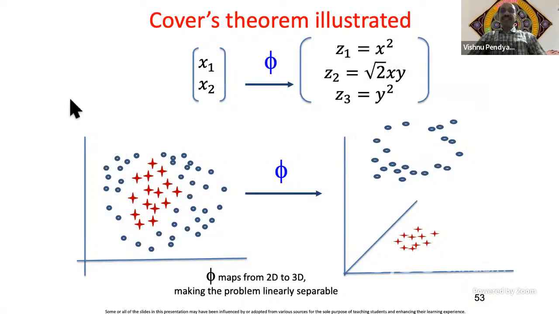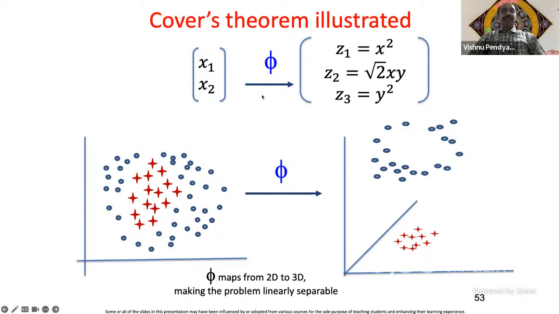Okay, a little bit of illustration here. You see a bunch of points on the left-hand side. We apply a transformation phi to convert this data into 3 dimensions, and then it becomes separable in 3 dimensions. So how do you do that? What is phi? Consider the 2 dimensions as x1 and x2. Oh, sorry, this should have been y actually. My bad. So the 2 dimensions are x and y, or you can consider y as x2 and x as x1. Either way it's fine.